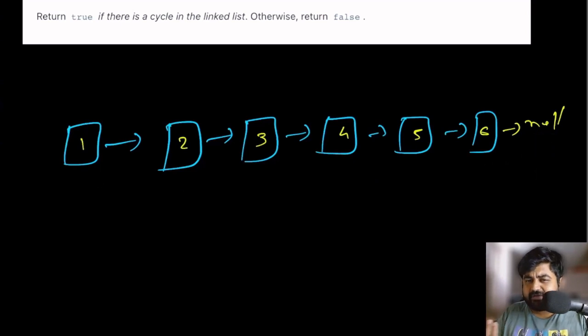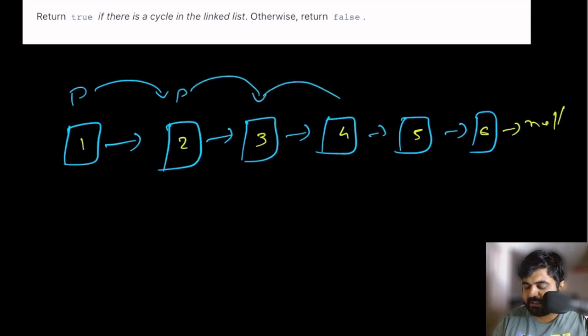So if, for example, we are given an example like this, what would be the best approach to see whether this linked list contains a cycle or not? We can have a pointer, let's just name it p, and we are going to move to the next element every single time, and then we would try to see whether this p is able to reach the end node that is equal to null or not. If it reaches the end node that is equal to null, which means that we can for sure say that there are no cycles in this problem.